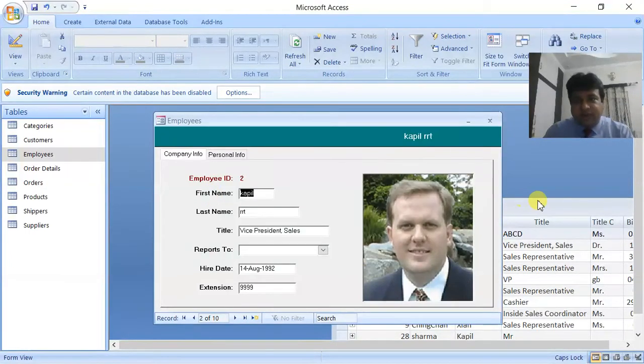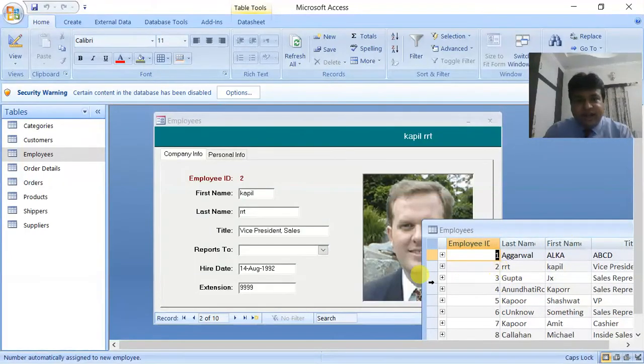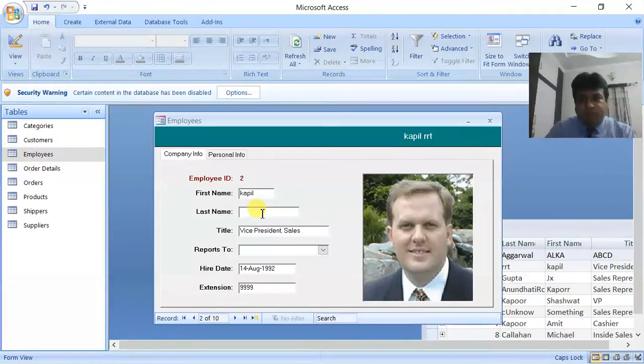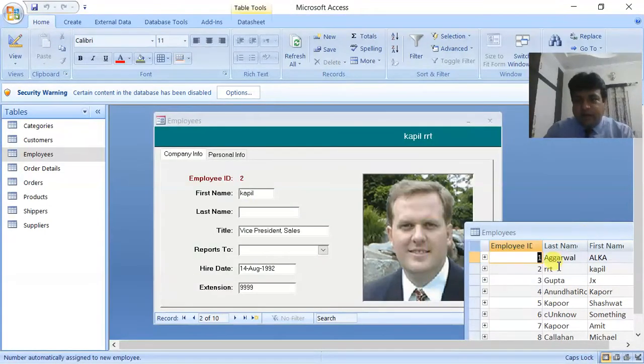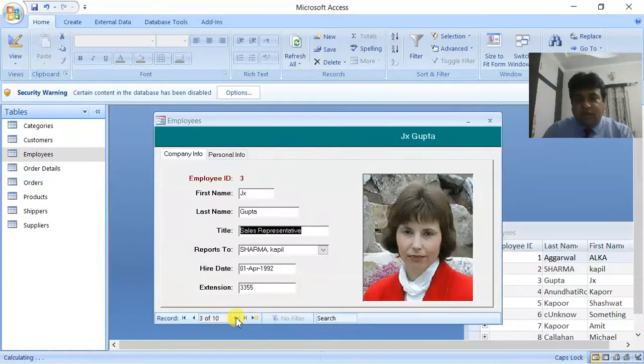So you can see that it has changed here in the table because it is connected over here. Similarly, if I type Kapil, you can see here it is coming RRT Kapil. So I will type here Sharma. As soon as I type Sharma, it will be reflected here. You can see Sharma. Okay.